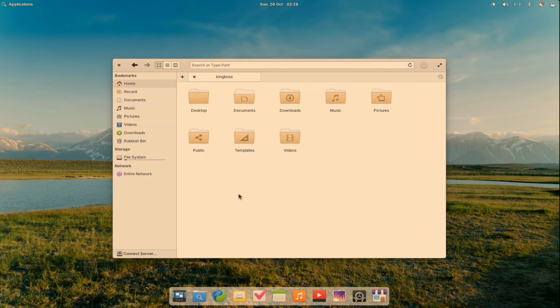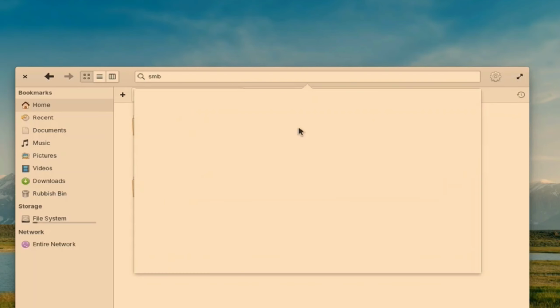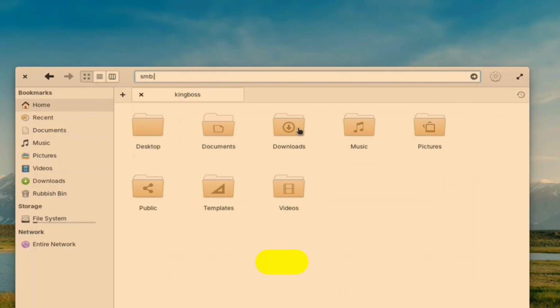You need to know your IP address and the name of your network share. So for me, mine is called Nasberry. What I'm going to do is simply click in the search bar at the very top, and I'm going to type in SMB because I'm using a Samba file share. So SMB Samba, SMB: